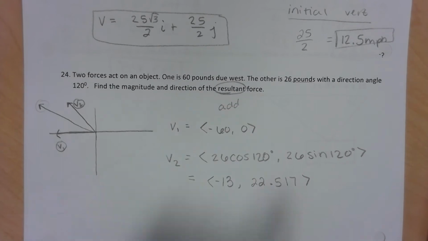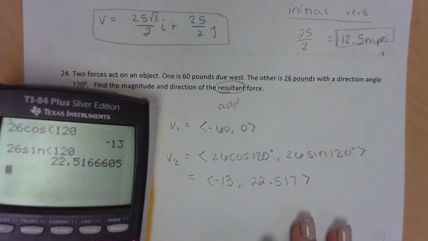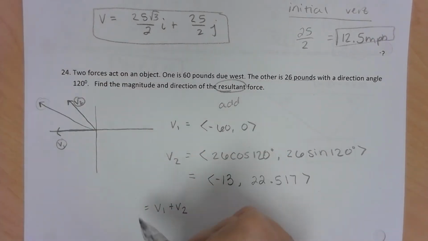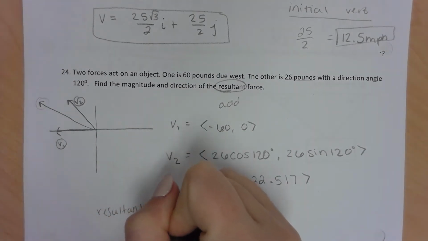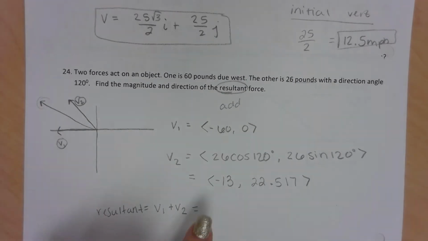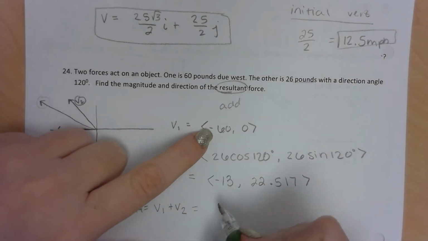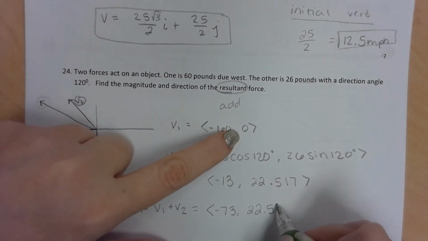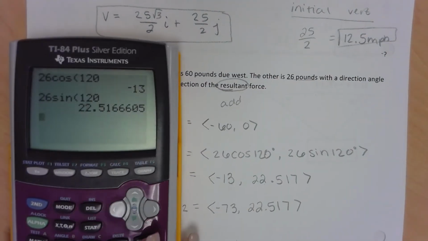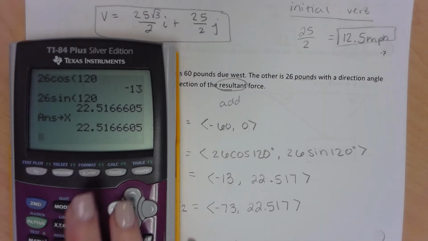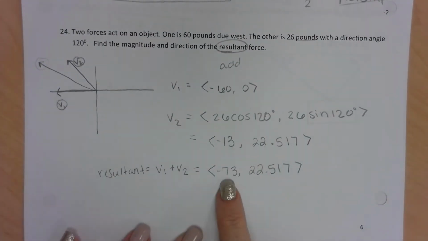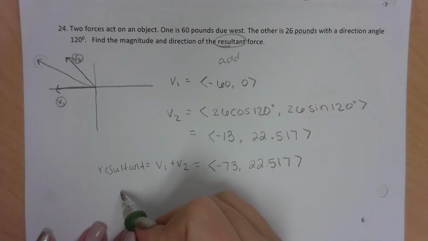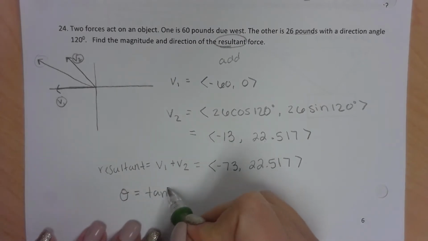We want to find the magnitude and direction of the resultant. So resultant means addition. So we now need to add V1 plus V2. That will give us the resultant. So -60 plus -13 would give us -73. 0 plus this guy will give us 22.517. And I'm going to store this as X here so that we can work with it, because if this isn't our final answer, it didn't say to find the resultant vector, it said to find the magnitude and direction of the resultant. So now that we have the resultant, I need to find the direction, which would be tangent inverse of y over x,